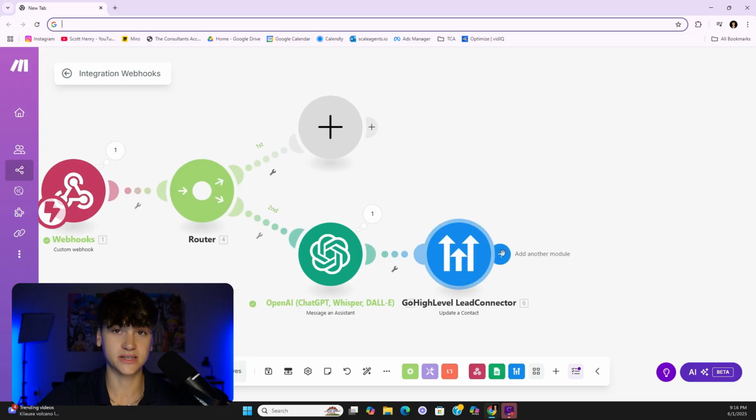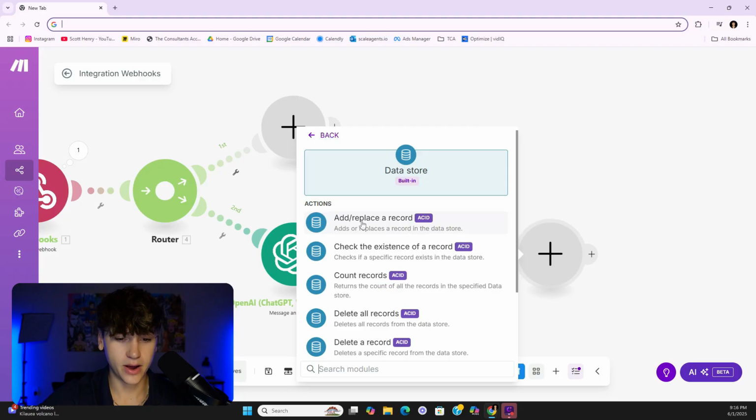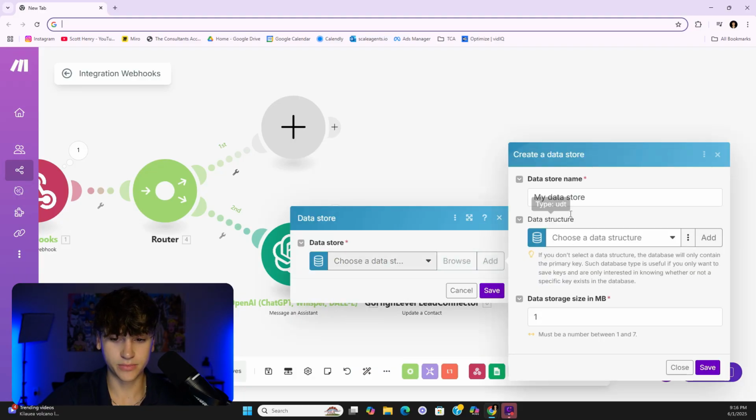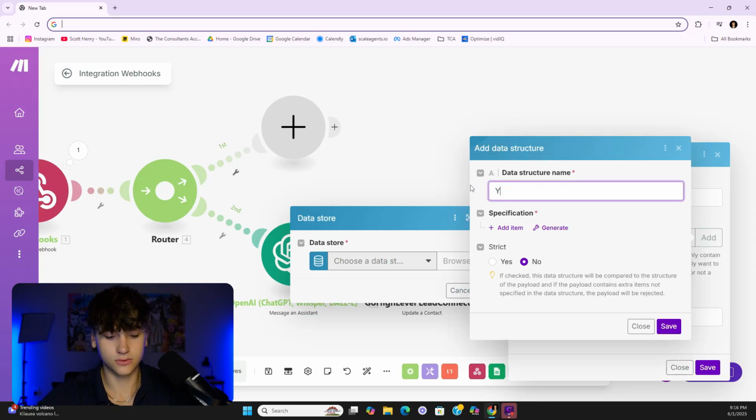And now this last step is actually storing that brand new contact. So what you're going to do is create a data store, and you're going to do add/replace. Now we're going to go ahead and create a new one so that we're all on the same page here. So I'll just do YouTube data store, and then for data structure, let's go ahead and create a new one as well. So we'll do YouTube